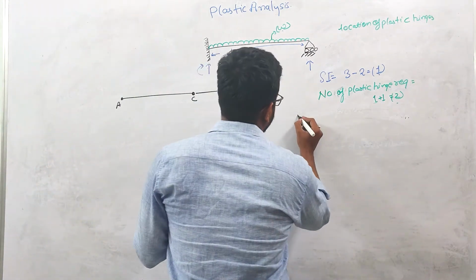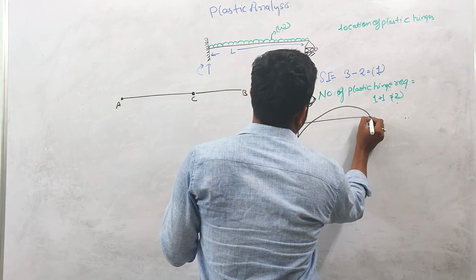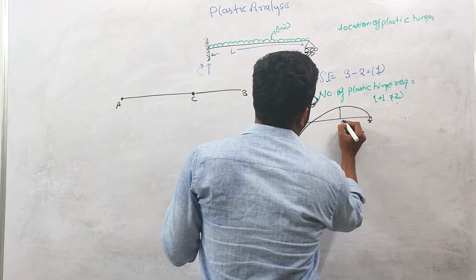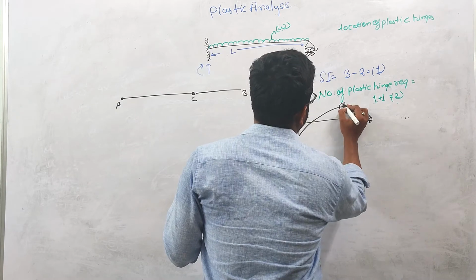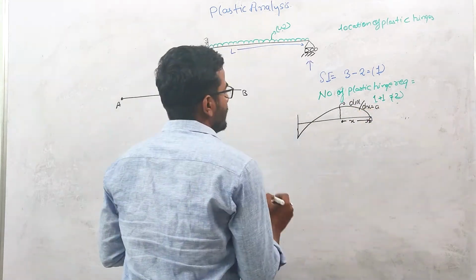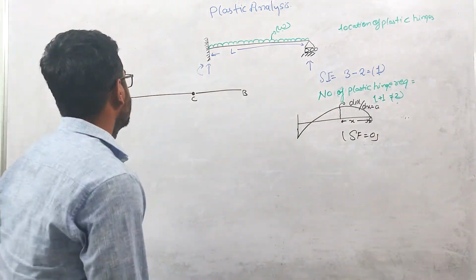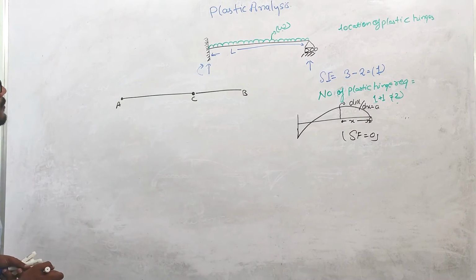As you know, the bending moment diagram will look like this. After the formation of the second plastic hinge, we have to find this x basically. So at this point, dM by dx will be 0. That means shear force at this point is 0, right? So now